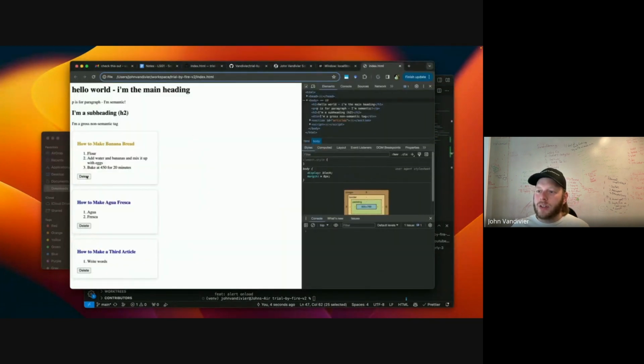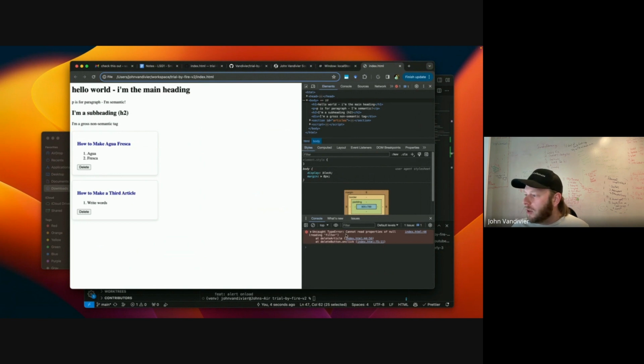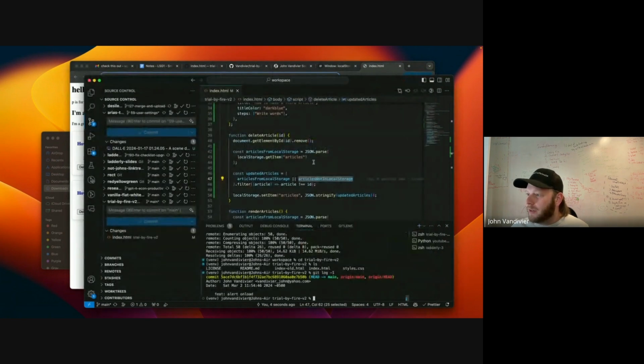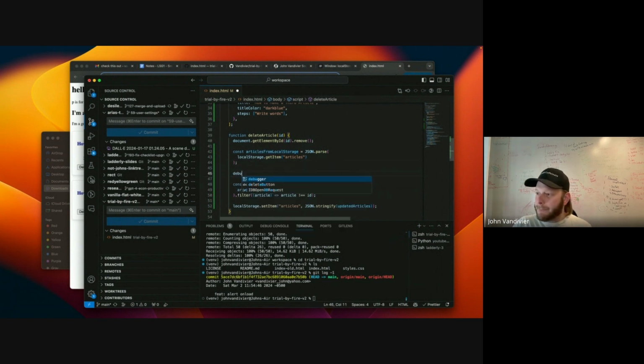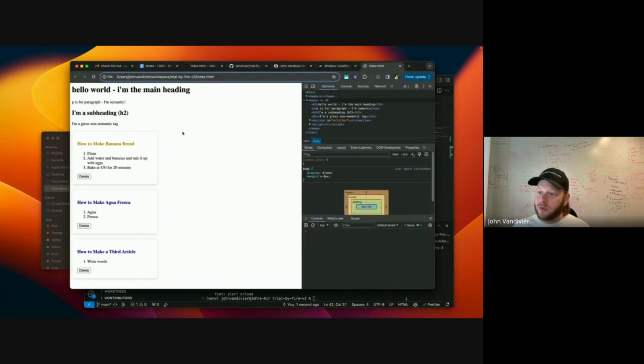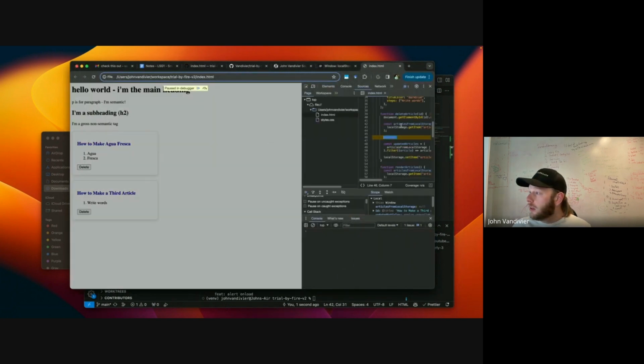So here we go. Let's see if this works. I deleted it. Oh, cannot read properties of null reading filter. So this didn't work. My filter didn't work. Let's see. Add a debugger here. That's null, as I expected.